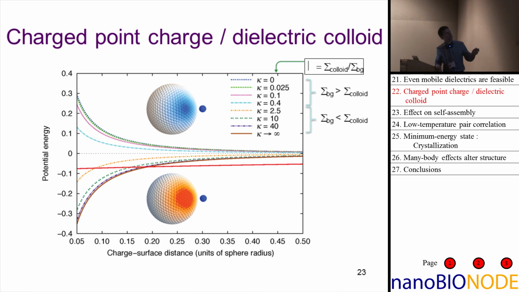If you have a dielectric object and you bring a charge, let's say a negative point charge, to the surface, you induce a charge on the object. The total charge on the object must be zero. You don't create charges. You just reorient dipoles. But closest to the point of where this negative charge approaches, the induced charge is negative. The charge induces its own repulsion. If the dielectric constant of this colloid is lower than the surrounding medium, think most materials in water.